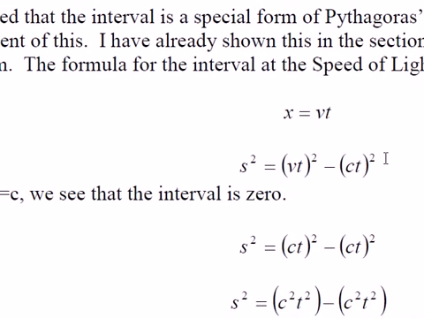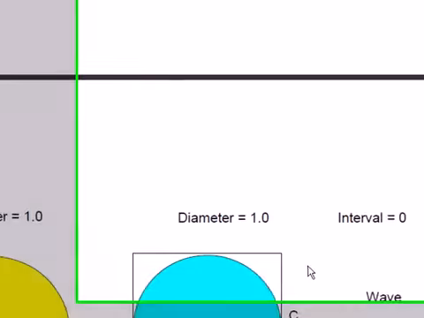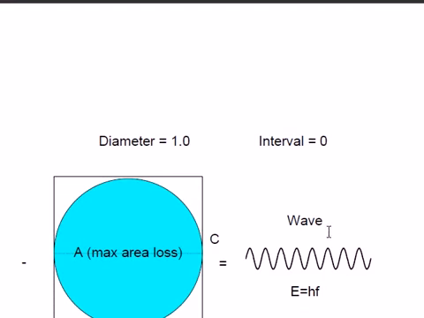which is you start with vt squared minus ct squared, and for all observers, this value here always ends up being 0. Now, the way you interpret that in PySpace is these are areas. So the area of any observer sphere when it loses all its area is 0. So that's the interval, right? So let me just draw this to make it a little bit clearer. So what we have is